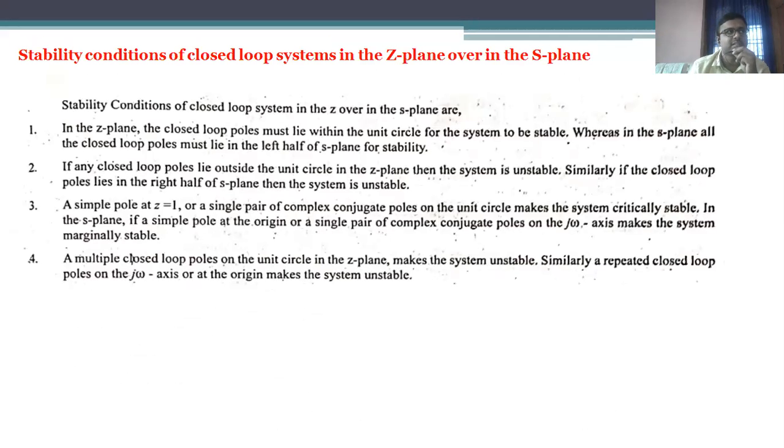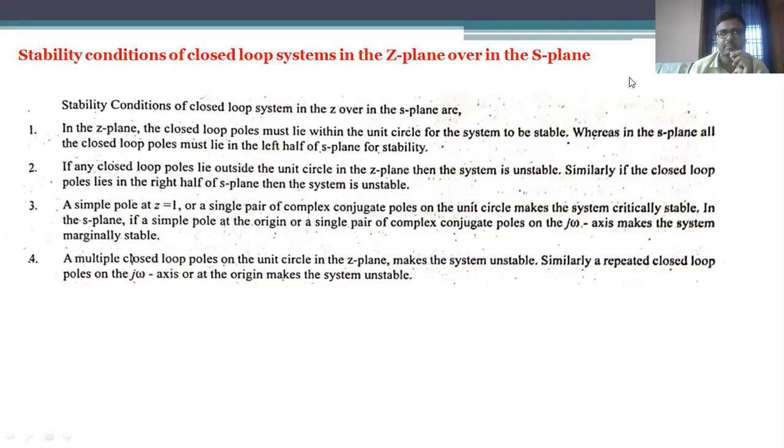That is the stability conditions for the closed loop system with regard to the z plane and s plane. The stability conditions of the closed loop system with respect to the z plane and s plane. Let us discuss the stability conditions for closed loop systems with the consideration of the z plane and s plane. The first condition is